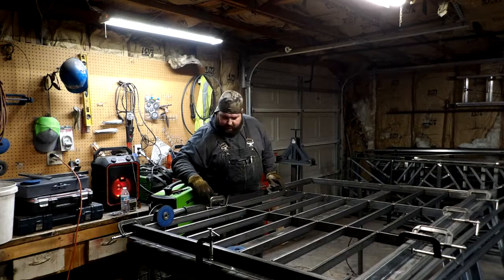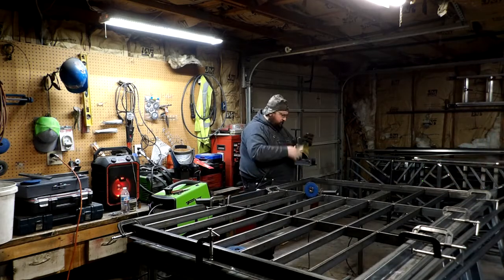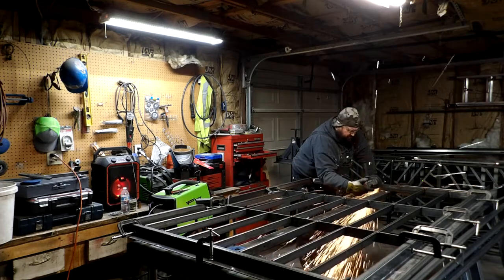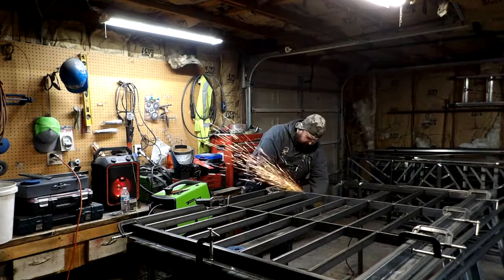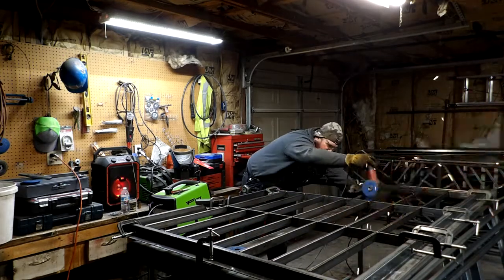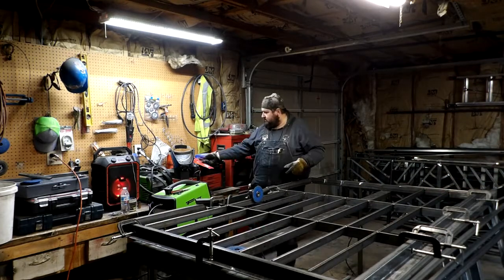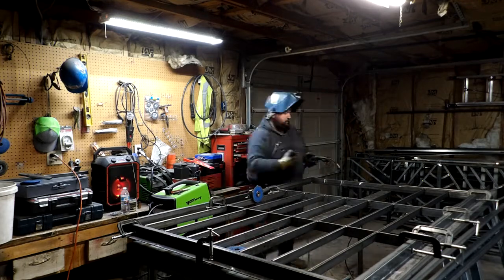So we break the tacks loose that we had holding those in, take our grinder and our flap disc and make sure everything's cleaned up really nice. You don't want to leave any tacks. Number one, it could get in your way. Number two, if you happen to forget about it and it's left on the piece and you install this piece with a burr like that, you could leave that for the client and they could incidentally